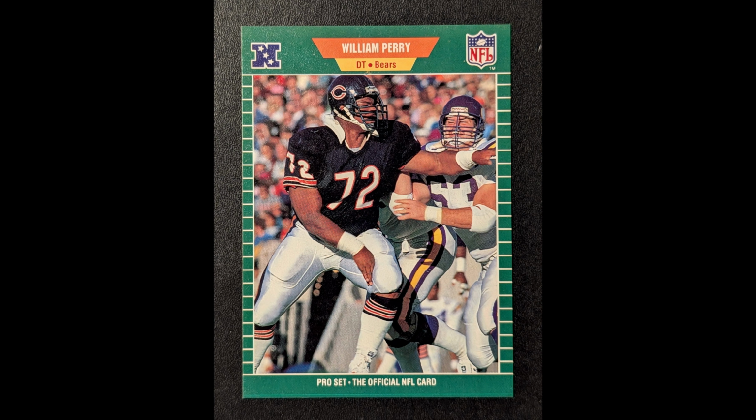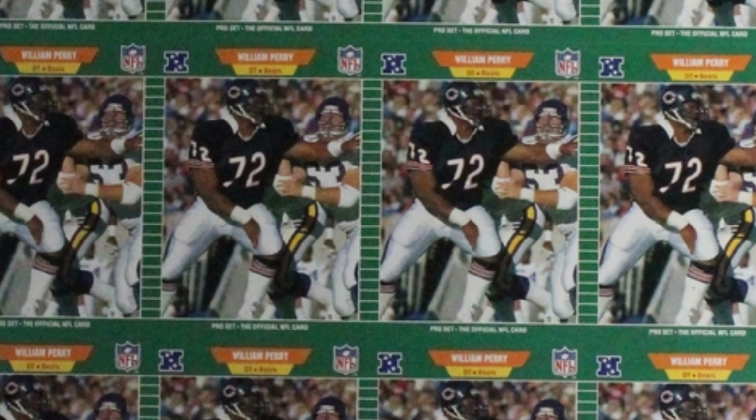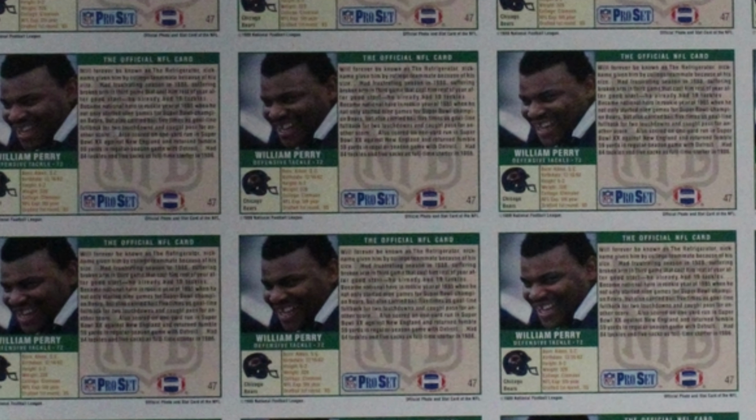So he seems to have understood the history of sports cards. He knew that people were more likely to open packs if they thought that there was something rare, and that collectors would go nuts over short printed cards that had to be withdrawn because, you know, the card creator broke the rules. And the history behind stuff like this Perry card is actually really sketchy. In theory, there were only 8,000 of these cards printed. But then again, here is a full half sheet of Perry cards, which is pretty strong evidence that Pro Set was printing them even when they weren't supposed to. And so it's probably true that this so-called error card was actually a deliberate marketing gimmick on the part of